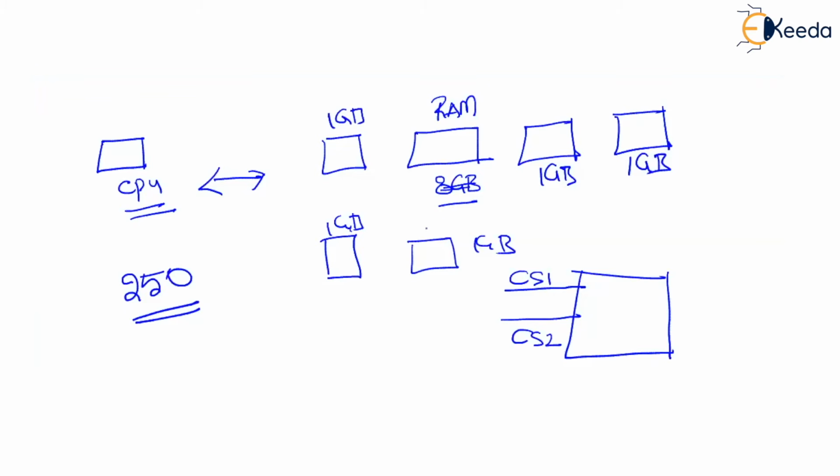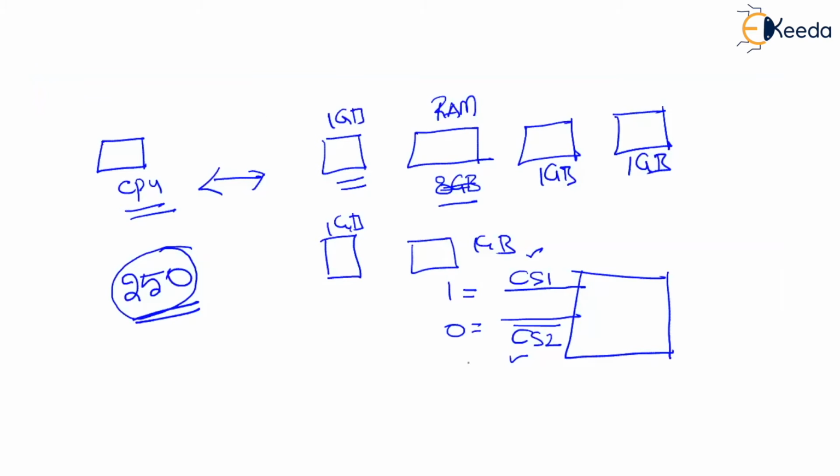So what the CPU has to do is choose a RAM chip in which this 250 will get transferred. Here CS1 and CS2 come into the picture. In order to choose a RAM chip, the CPU will have to make CS1 equal to 1 and CS2 equal to 0. I hope you got it. That means the data which is required to be transferred to one of the RAM chips will get transferred by selecting the chip. What is the selection criteria?